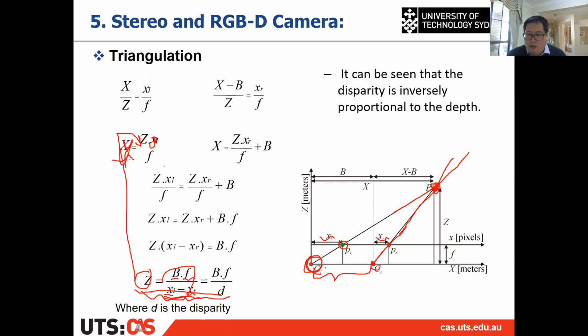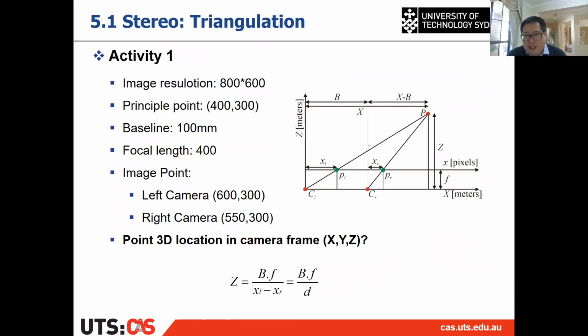All right, so making sure: if I'm asking you to calculate the 3D point in the right camera coordinate frame, you need to do a transformation from left to right, something like that. All right, so that is the triangulation, and we have one activity on the triangulation in the lecture, and also